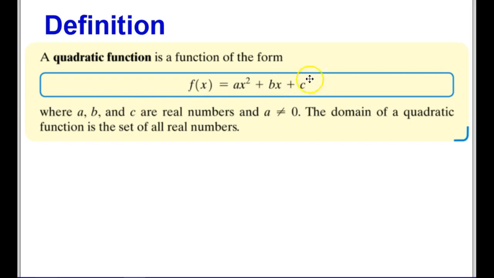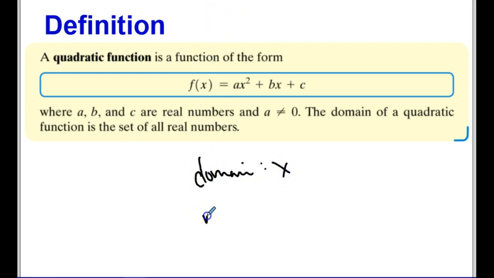Okay? So here's our standard form of a quadratic function. So I have f of x equals ax squared plus bx plus c. So a cannot equal 0, so I know this is a quadratic because I have that exponent of 2 right there. Okay, so when I'm dealing with a domain, and remember that domain is my x values, and